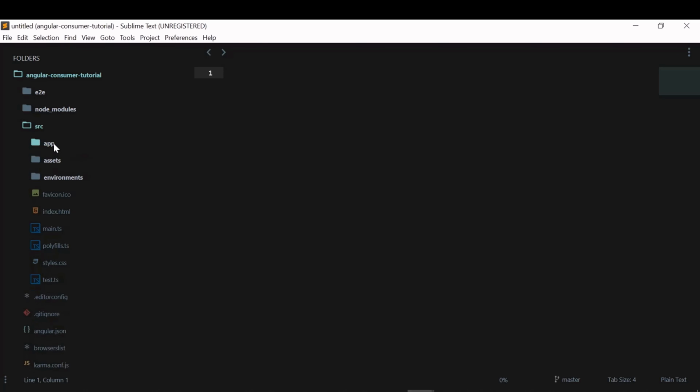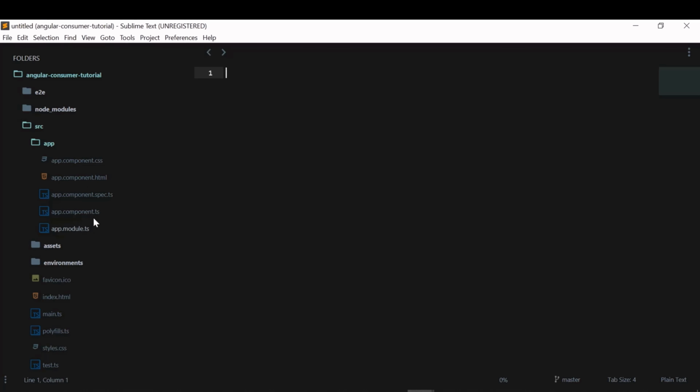This is a component. This is a simple app, that's why we are having one component. If you are developing a complex Angular app, you will see many folders here. For each feature, we can create a component. We can treat a component as a controller, just like in Laravel we have different controllers for different things. Similarly, we'll have components here. So I'm going to work on this default component, and these are the files which are given.